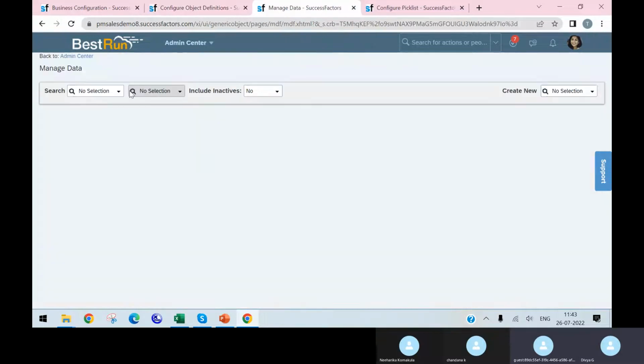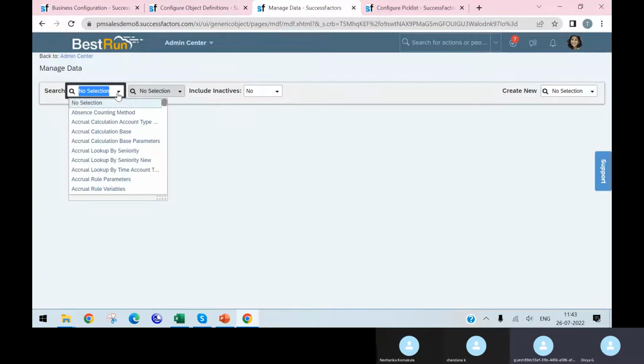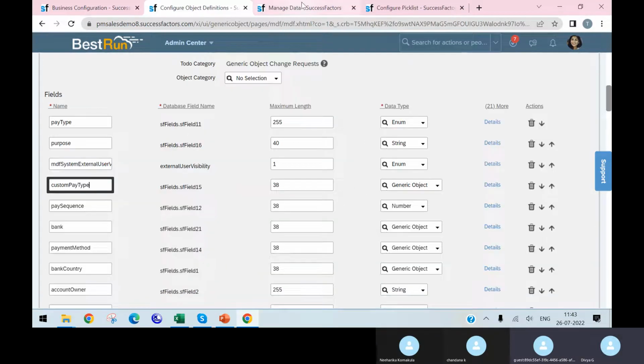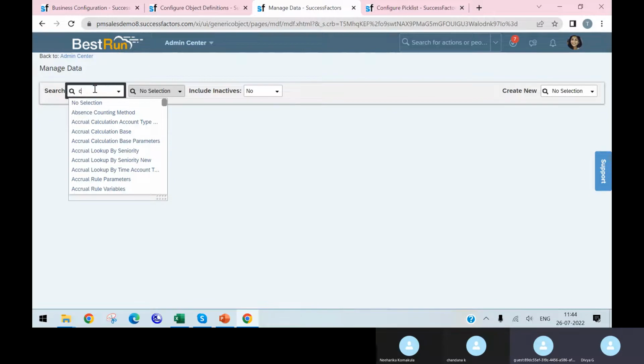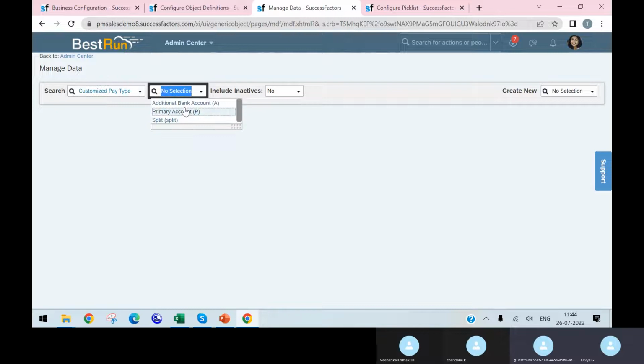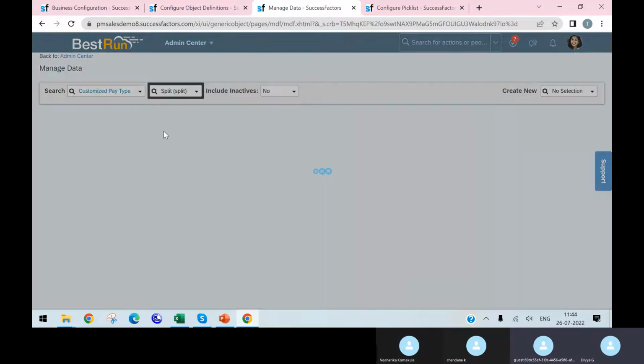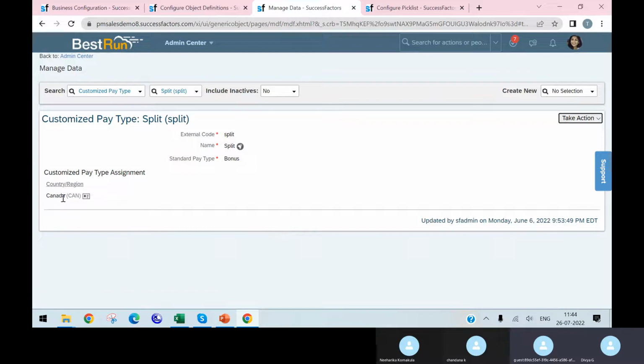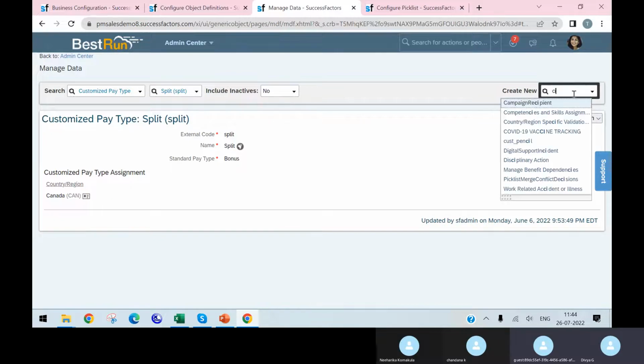If I go here, I'm going to select the custom pay type. So I'm selecting that customized pay type here. If you see here, we'll have pay types like additional bank account, primary account, split. If I go to this split, it is only for Canada. If I want to add some more splits, then I'll go to create here. I'll create customized